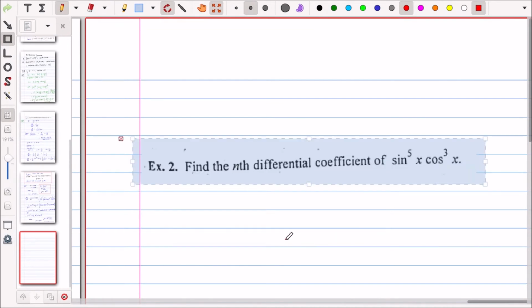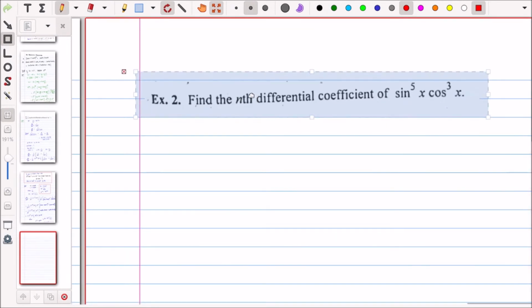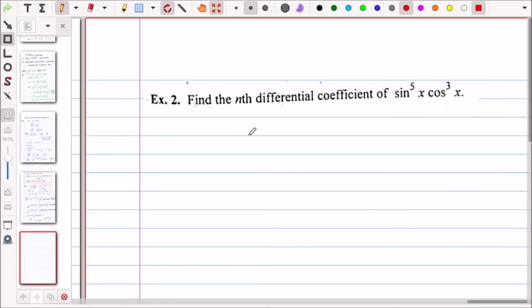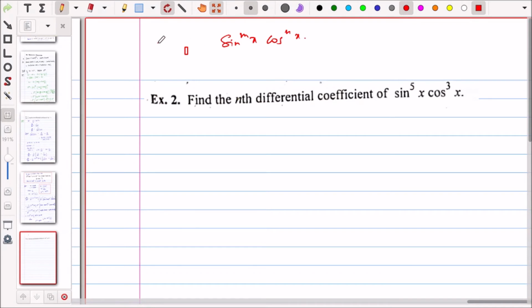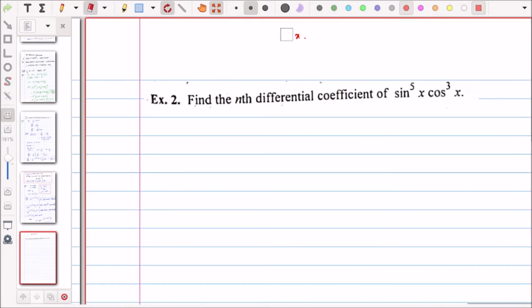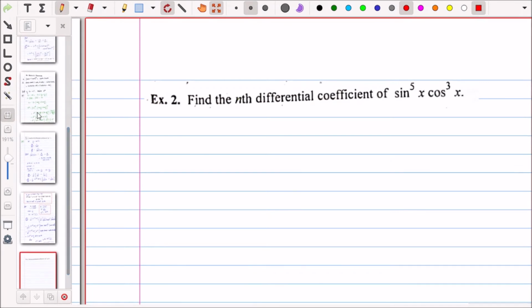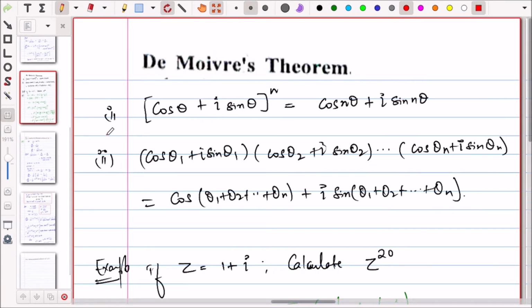Last question that we are doing today. So if you get any question of this form, sin mx plus cos nx, something like this, then you can use De Moivre's again. So we will see how we can use De Moivre's theorem. We can add one more result here.